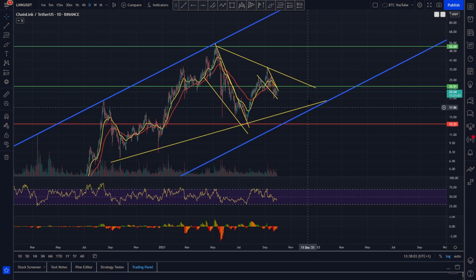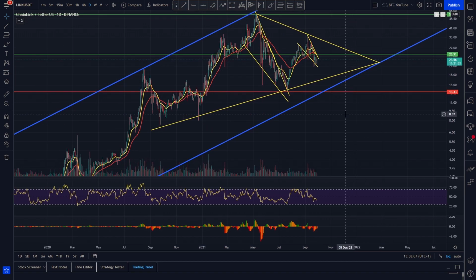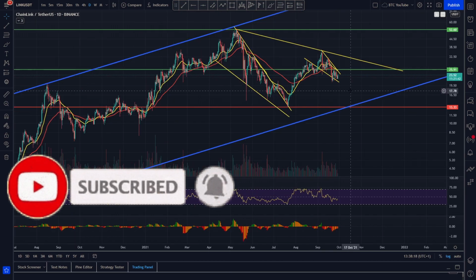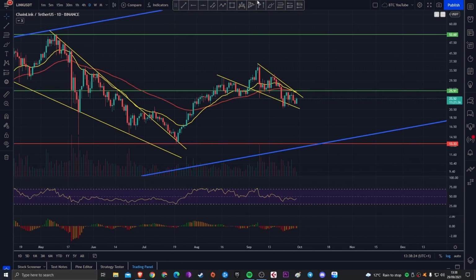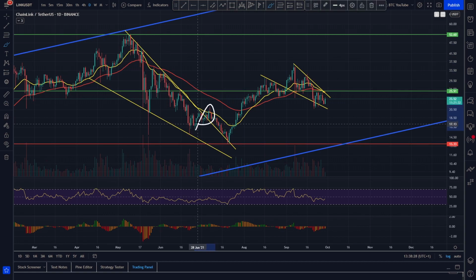Obviously it doesn't form up that nicely on Chainlink itself, but there are a lot of cryptocurrencies where this kind of pennant formation is actually forming up really nicely, and it seems quite likely in our opinion that as we continue to coil towards a kind of apex point for a lot of cryptos, we could be looking for a bounce. But obviously for Chainlink, we've got this descending wedge here, just in a similar way that we did have here. Big descending wedge, lower lows and lower highs,